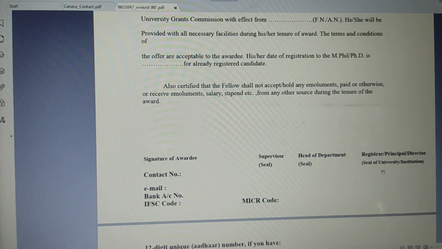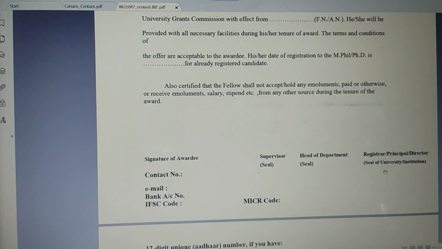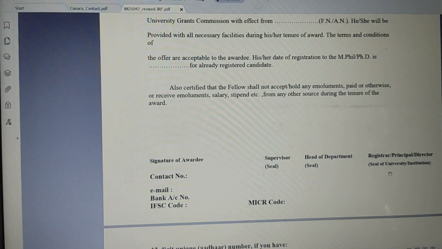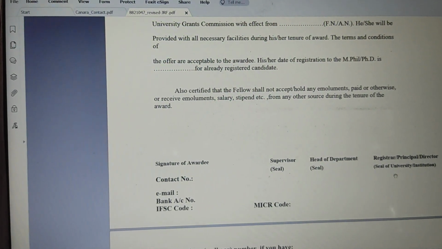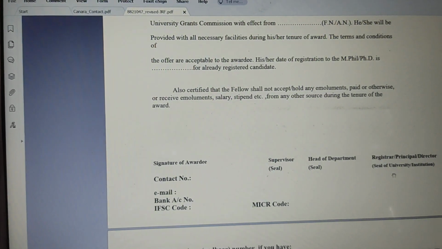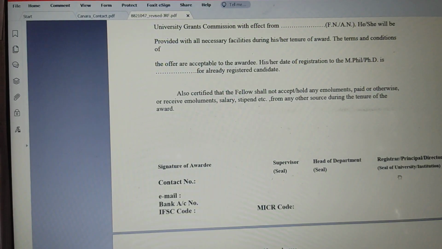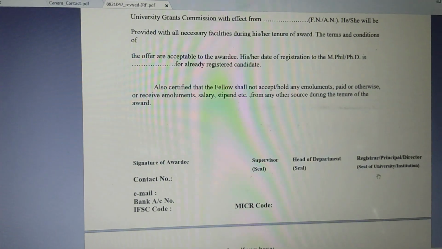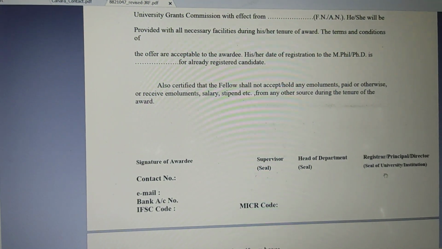As a scholar, he will accept you, confirming that you are currently in his institute and doing a PhD. He will upload everything and give it to the SFMP portal. He will activate it. Now we have to wait. I think for the first time UGC takes 9 to 15 days to give the